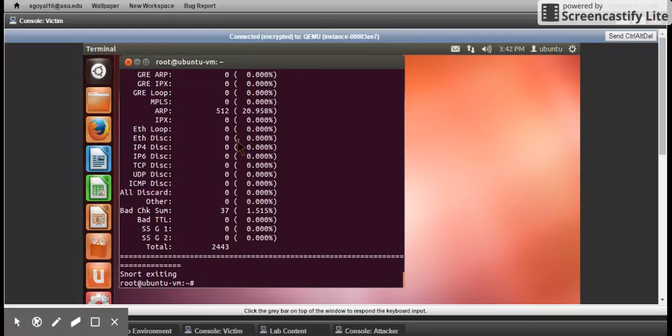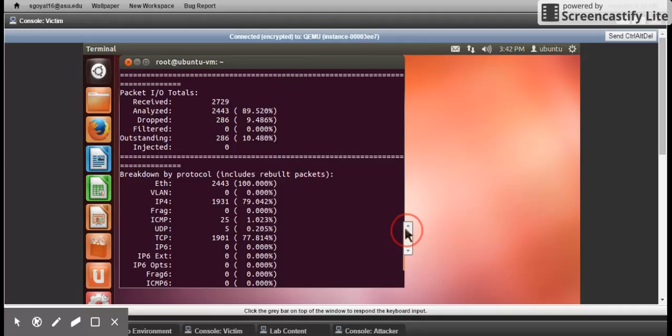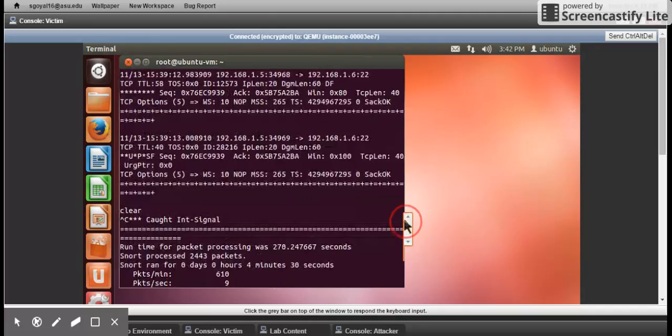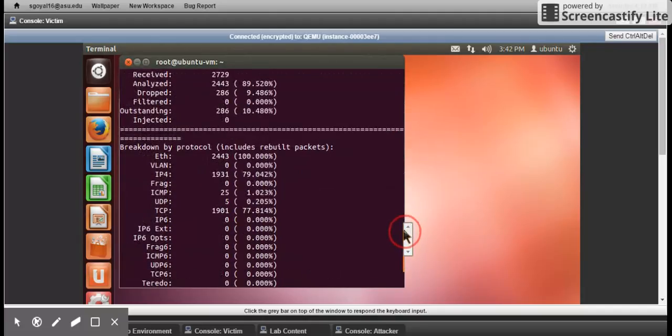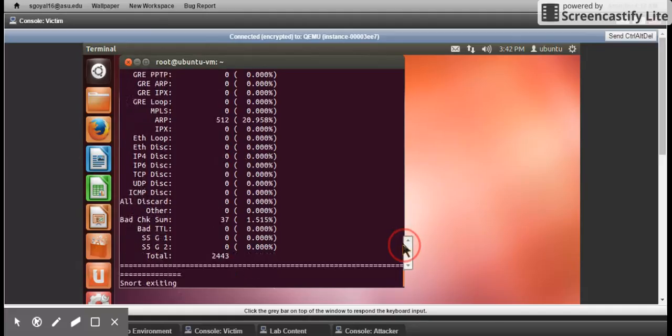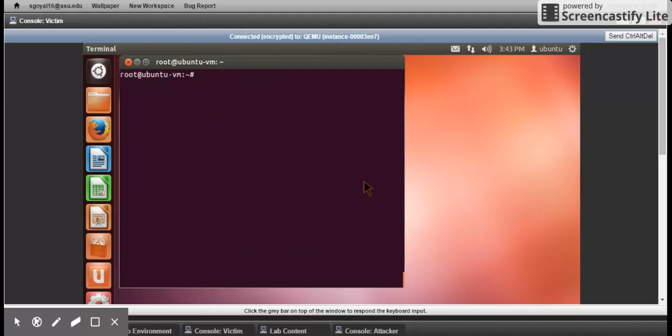and this basically gives the information breakdown of the total packets received, how many were analyzed, the rate of packets captured, along with other information such as how many of them were IPv4 TCP packets, how many were ARP packets, how many had bad checksums. All this information was obtained by analyzing the data which was captured by Snort. Now, this basically concludes task 2,